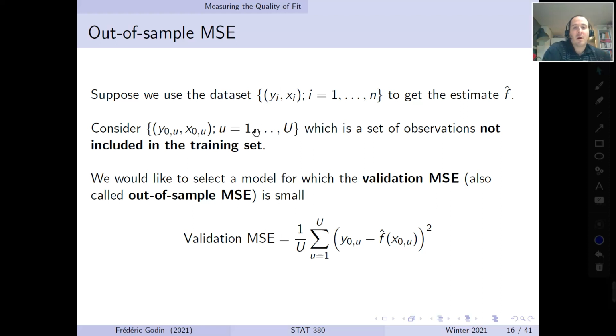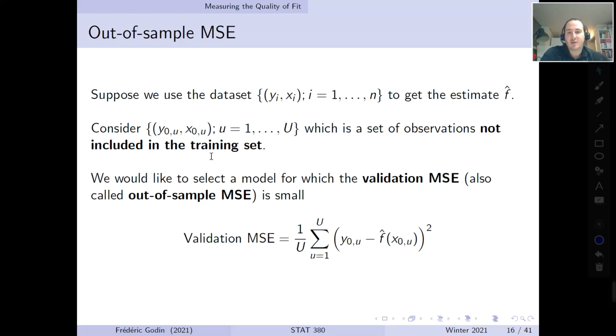So here, what we would like to do is to select the value of k for which the MSE is the smallest, not in the original training set, which gave the predictions, but rather on this new data set, which we call the